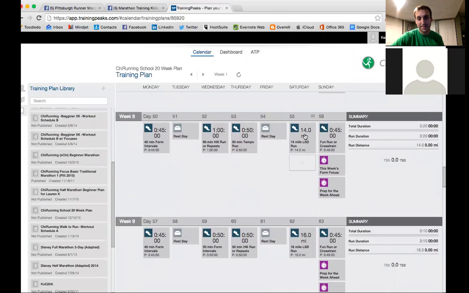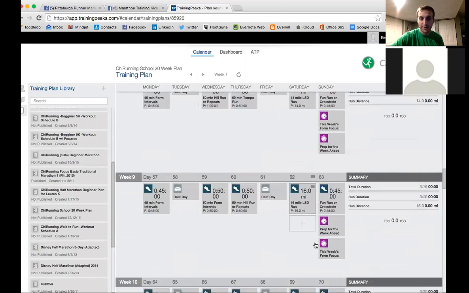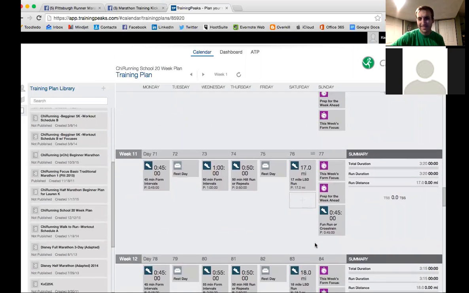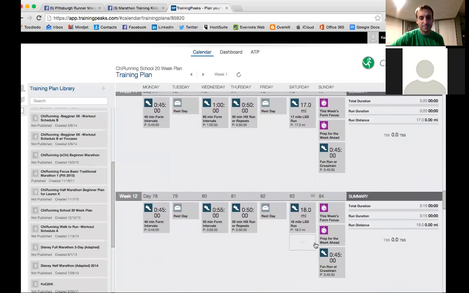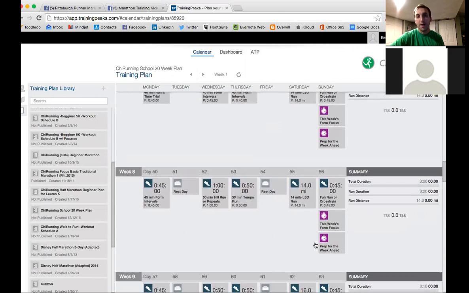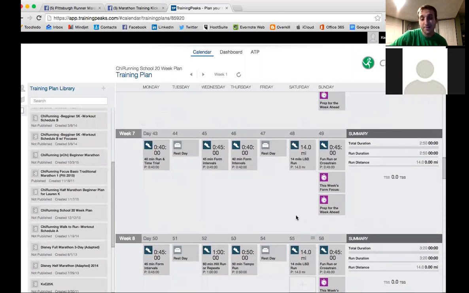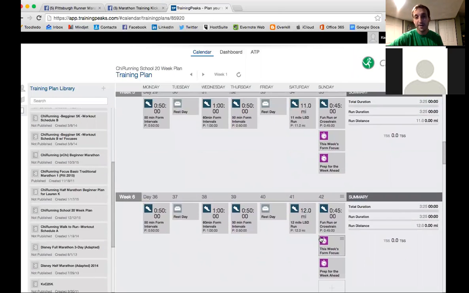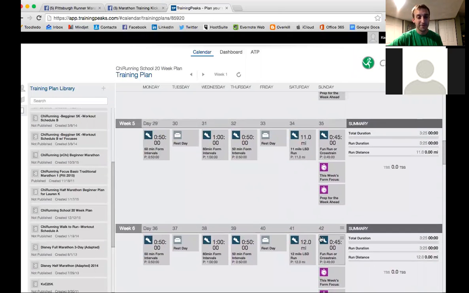You also see that the long, slow distance runs increase week after week, about 1 mile per week. Sometimes you stay flat and then go up a couple miles the next week. Kind of just typical standard marathon training stuff. This plan that you're looking at right here is also the marathon version. There will be a half marathon version. So if some of these times and these numbers freak you out, don't worry about it. If you're planning to do the half,